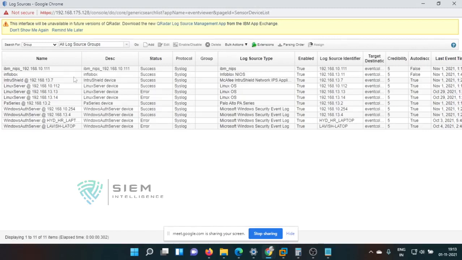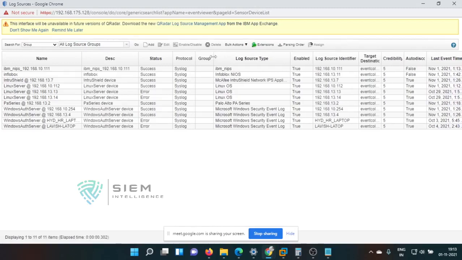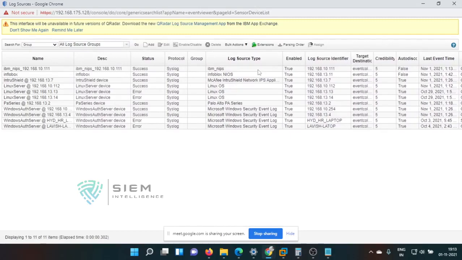But this is really very less graphical, and it doesn't have search-based download checks. If I want to download on the basis of enabled, on the basis of log source type, on the basis of protocols, on the basis of success and delete, that is not possible here.